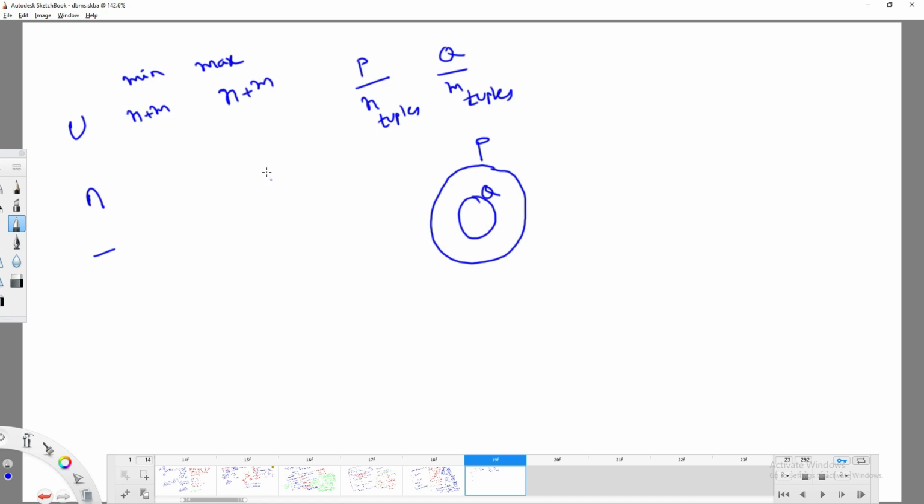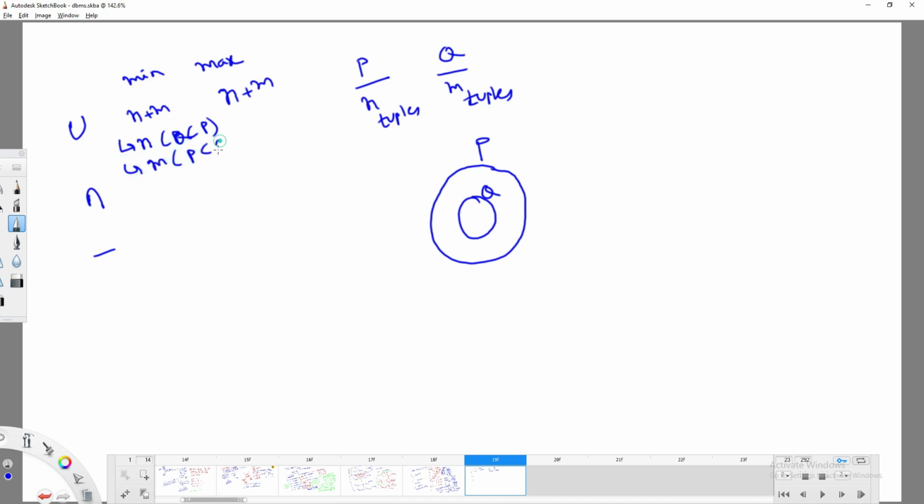Okay, fine. So here you'll get multiple options. If you are not going to think about duplicates, this is the case you are getting: when Q is a subset of P, you are going to get n. You are going to get m tuples when P is a subset of Q.